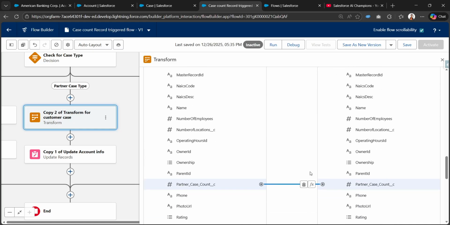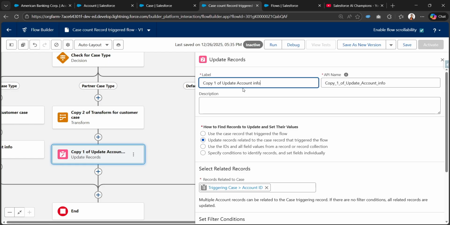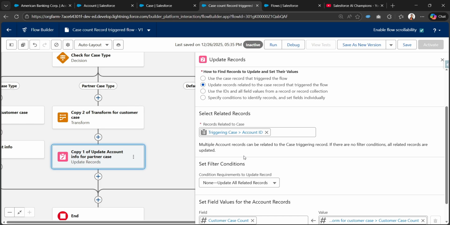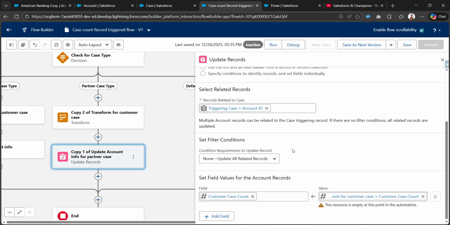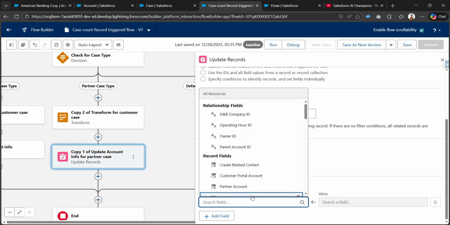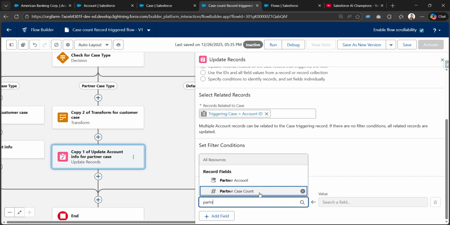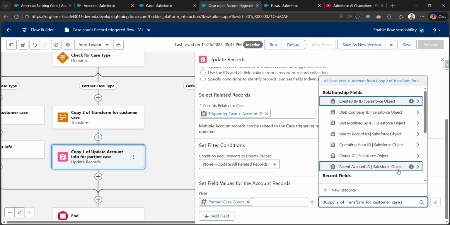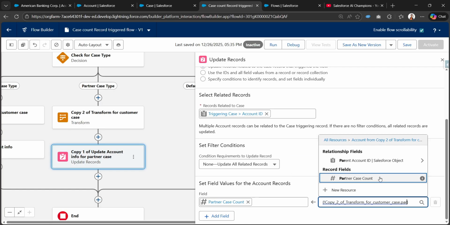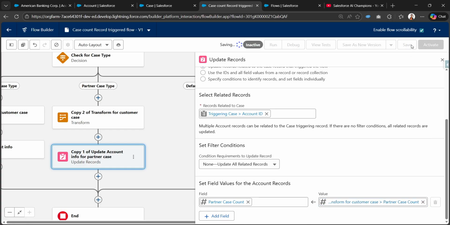and let me go to the mapping and update the triggering record for partner case. As simple as that, we can find the respective related account information by selecting the update records related to the case record that triggered the flow, and here we just need to update the account field like partner case count, right? And here we need to use the transform for partner case count. And let me save the flow,